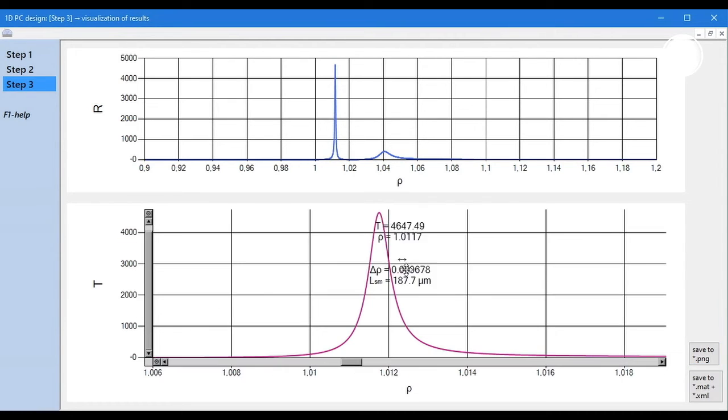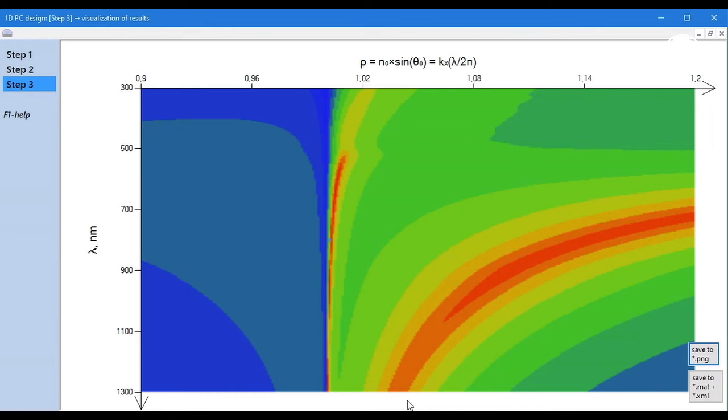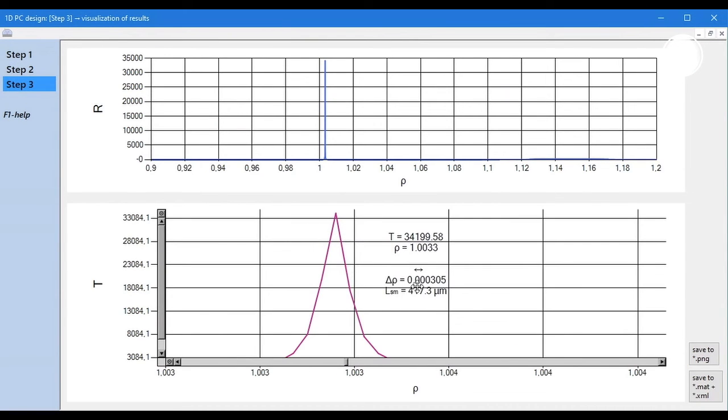As we can see, the propagation length has grown significantly. Moreover, if we start to decrease the film thickness, then the two curves will diverge even more, and the propagation length will increase even more in the corresponding long-range branch. We see that this structure has a propagation length of 417 micrometers.